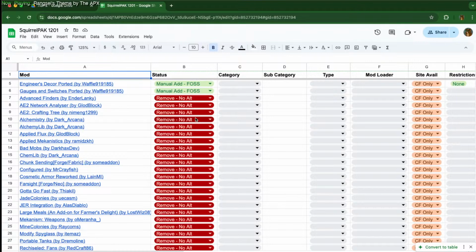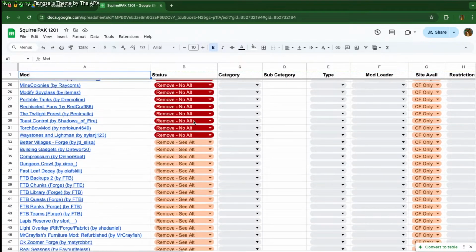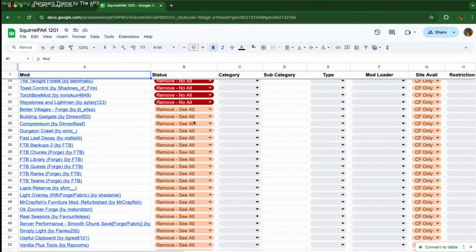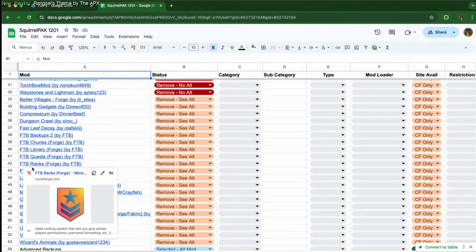Now, for the ones where there were alternatives, there were other mods that would do the same thing. I'm a little bummed that Feed the Beast, now obviously they release their stuff, they have their own launcher and whatever. That's great, whatever. A lot of people used these things in their core